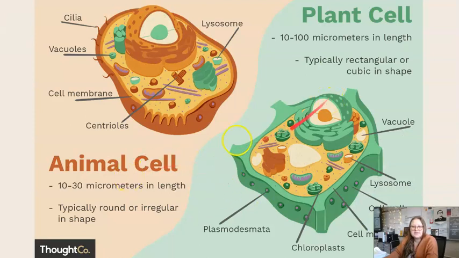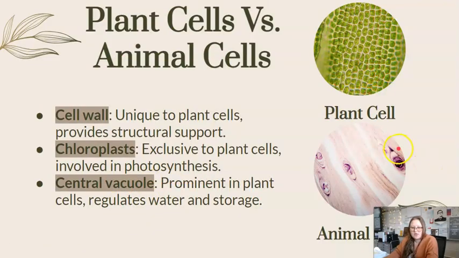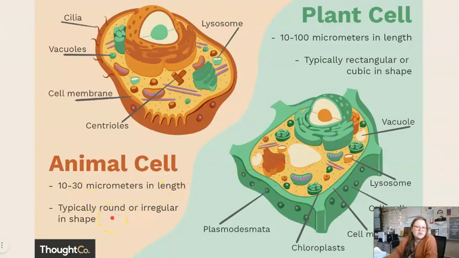All right, so animal cells versus plant cells. This is our nice squishy animal cell. They tend to be round or irregular in shape, like this guy right here, not a circle. It's actually a really long cell, but that would be irregular shaped. Plant cells tend to be a little more squarish, cubic. Plant cells can also be bigger, up to 100 micrometers, whereas an animal cell is only 30